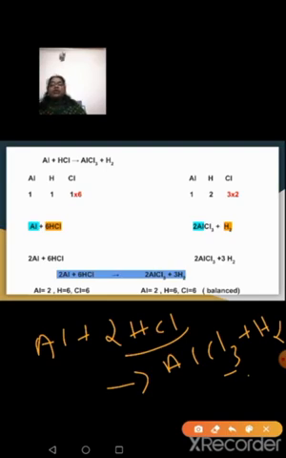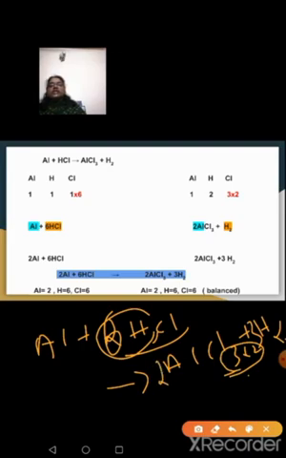So now if I want to increase the chlorine, I have to make it 6. So what can I do to make it 6? If I multiply this chlorine, 3 atoms by 2, this chlorine becomes 6. So in this case, if I put a 6 here, my chlorine is becoming 6, but at the same time the hydrogen is also increasing to 6. So this side I can make the hydrogen 6 by putting a 3 here, because 3 into 2 will give me 6 hydrogen atoms. When I put the 2 here, aluminium is also increasing by 2. So that 2 I have to put here.